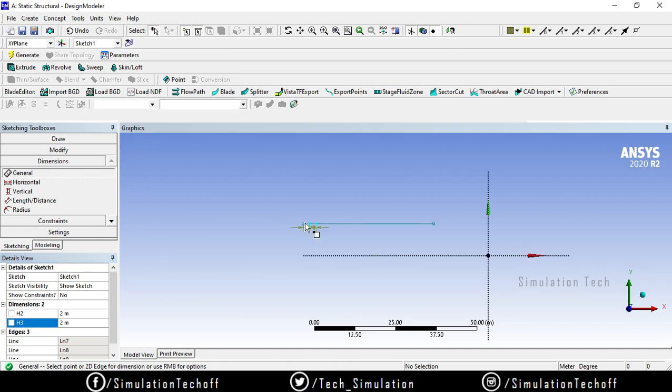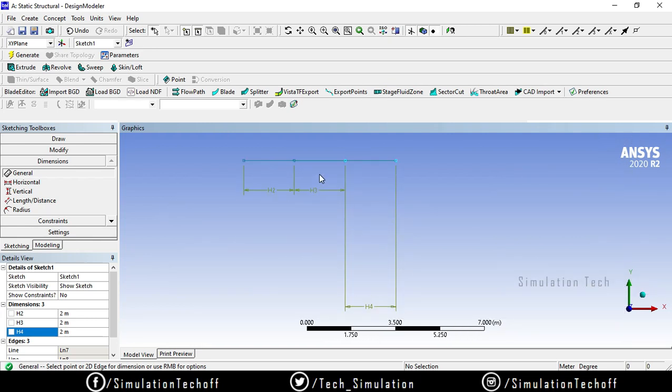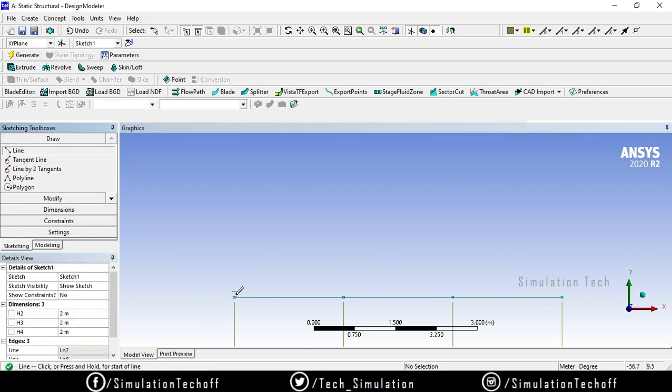Fit to the screen, dimensions 2. And 2.5, right? From here to here and here to here.